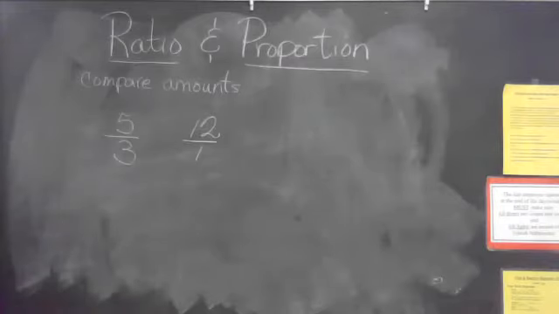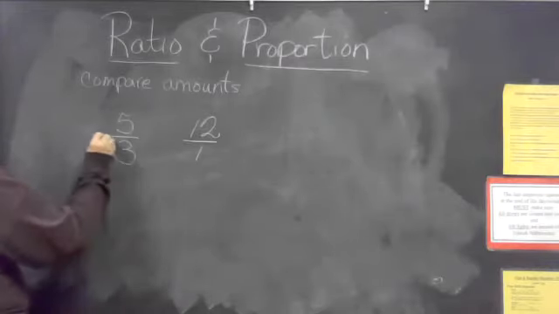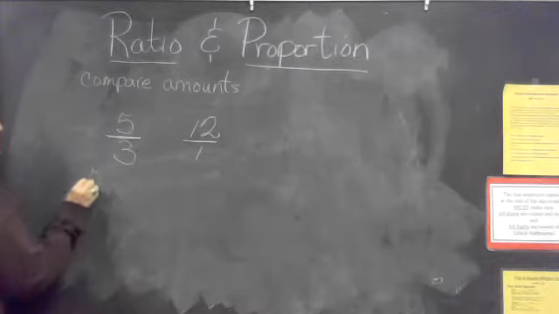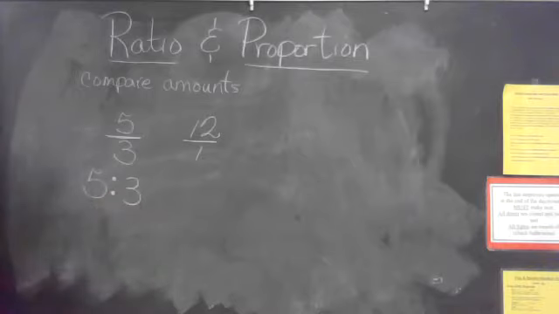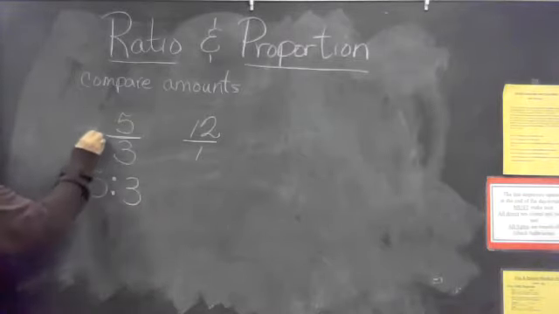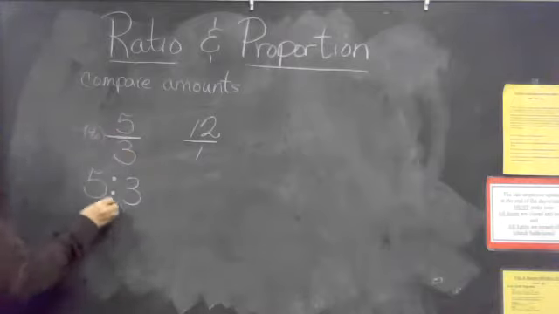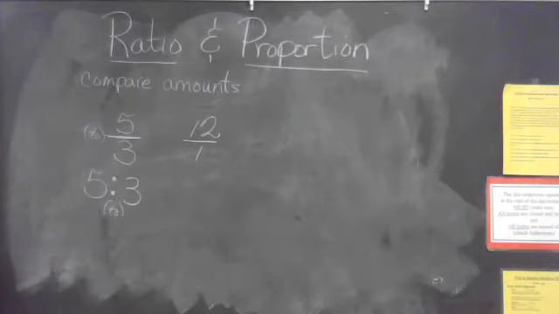Ratios can also be written a different way. This says 5 to 3, or it could be written 5 to 3. And the way you read it is 5 to 3. Okay? But when you use it in a mathematical equation, you're going to follow the rules of fractions. So it's not a whole lot different. Okay, so